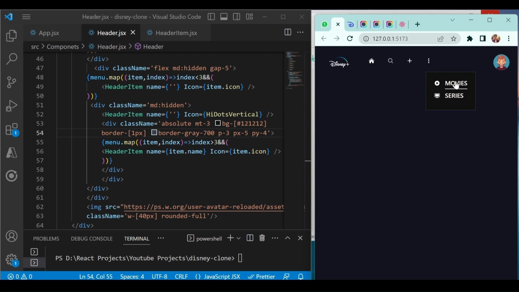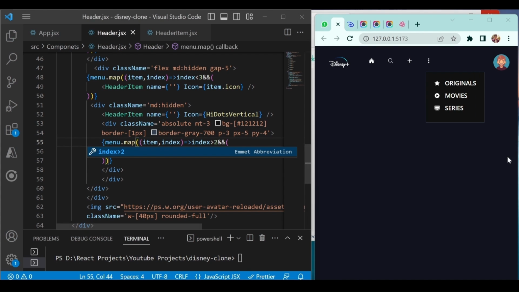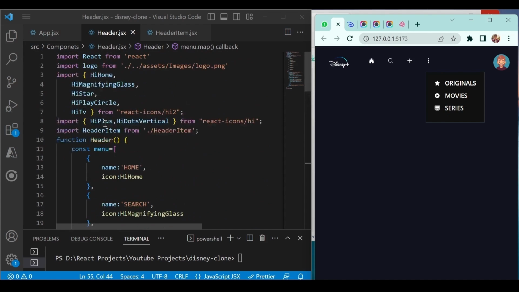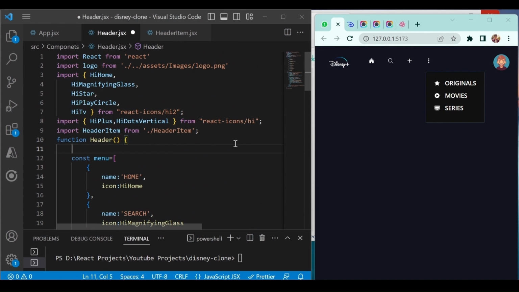So in this case we have original, we don't have original really. Okay, so here light condition to 2, let's see, we get the original as well now. Okay, so this is how simple it is, right? And now on the click of this only, we want to show it, otherwise we want to hide it, correct? So we want to add a toggle for this one, right?